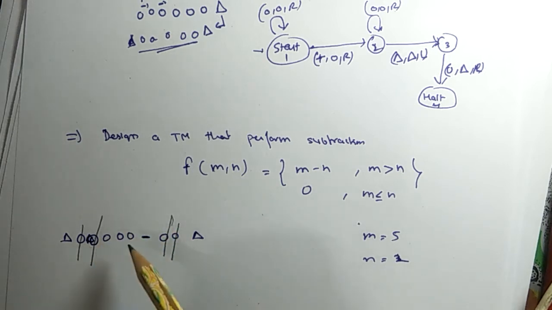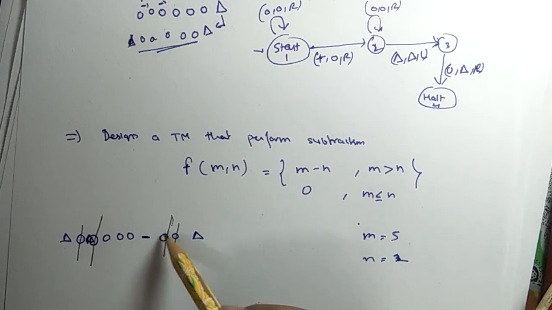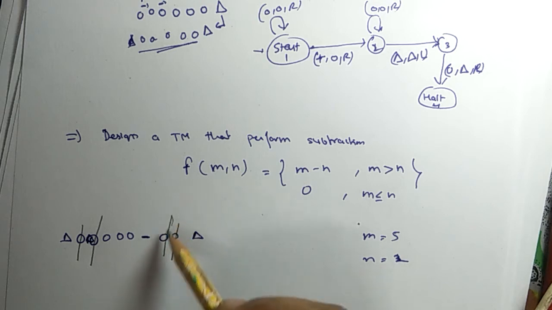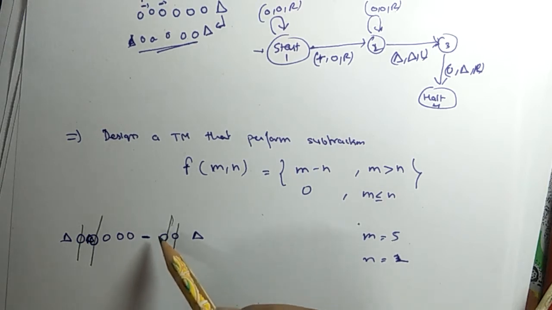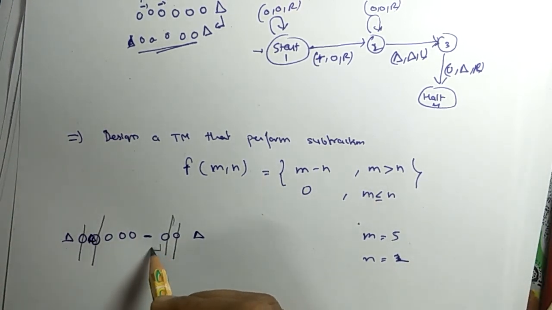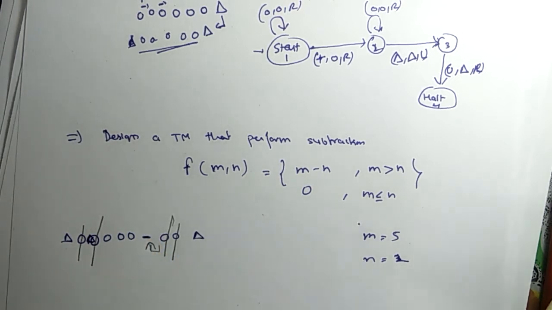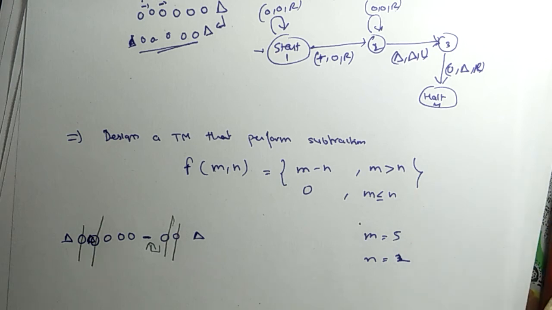And how will we identify that we have cut all these 2's? When we cut this 0 and this 0, we will check whether we are getting more zeros here or we are getting the minus symbol. If we get 0 here, we will cut again, and again we will check whether there are some zeros left from the right corner or there is the minus symbol. If we get the minus from this corner, it means that we have performed the subtraction. So we will get 3 as output.